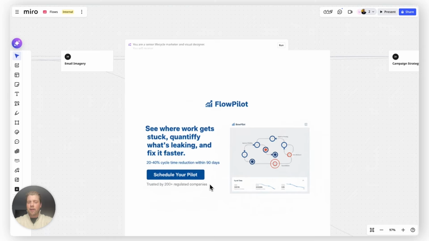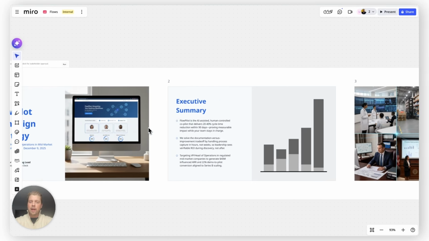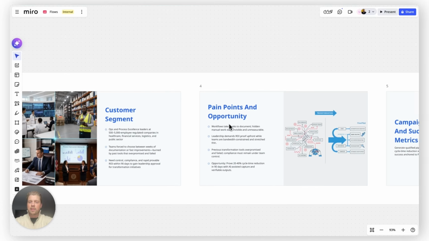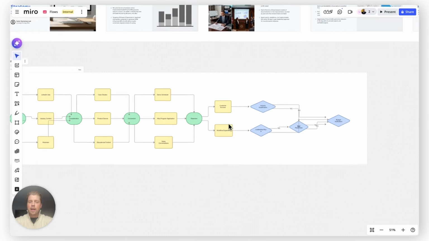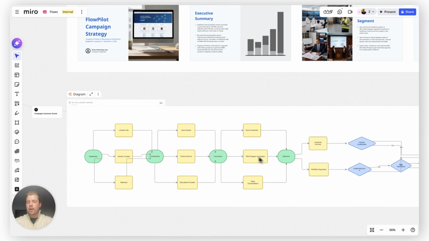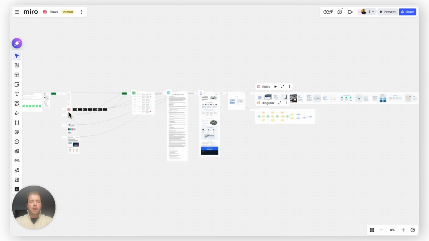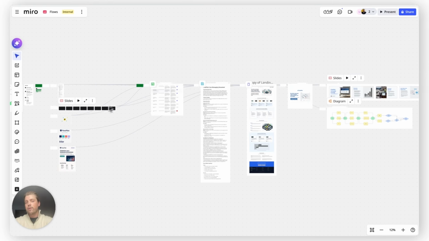We can then see some email imagery that could be used, ultimately through to an actual slide deck for the campaign strategy with the executive summary, the customer segment, the pain points, and the actual user journey flow as we talk about awareness, consideration, conversion, and retention. And again, all of this was created by just taking the inputted company context, using the Miro Flow template, and